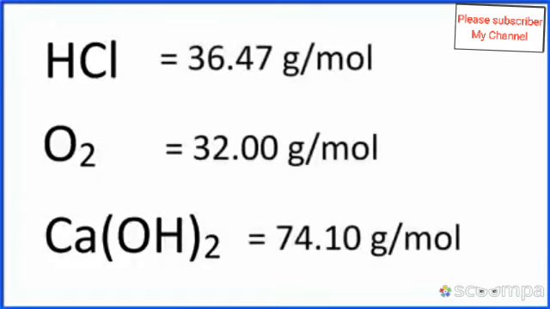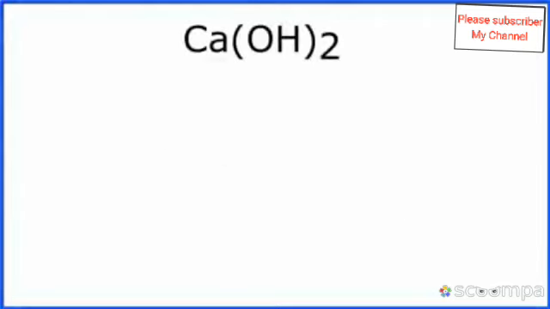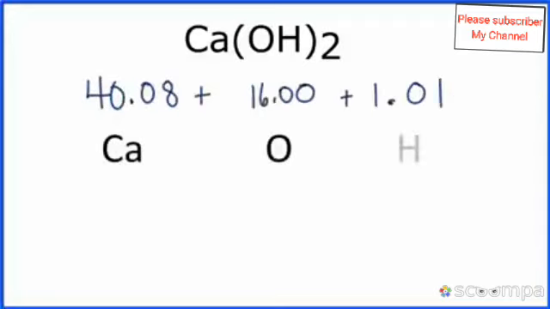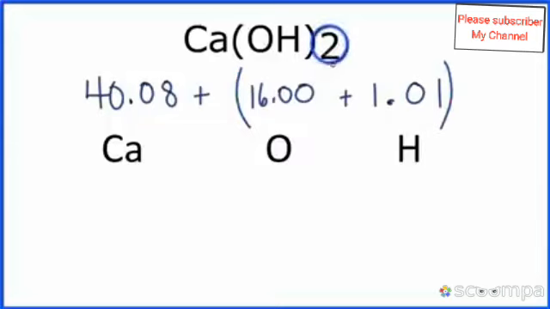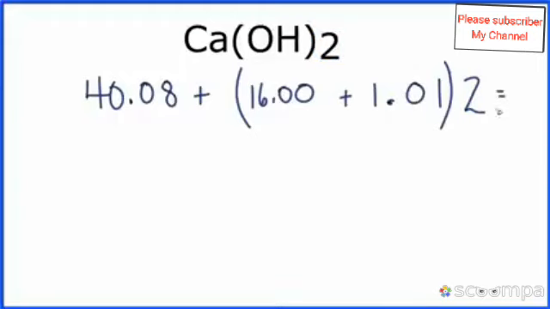Just to mess with you, I included parentheses in the third one. So how do we deal with this when we have parentheses? We'll use the same process as we've been using. So first, I'll write down the atomic mass for each of the elements. And then I'll put the parentheses around the elements just like they show up in the formula. And because I have this 2 right here, I'm going to multiply everything by 2. Once I do that, I then have